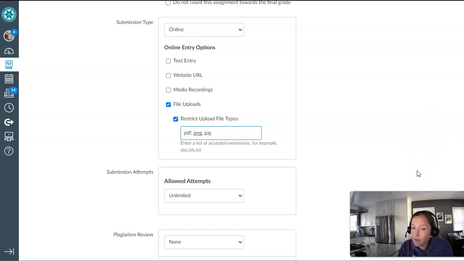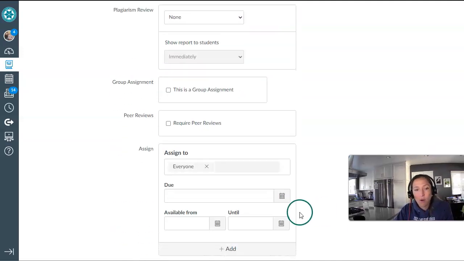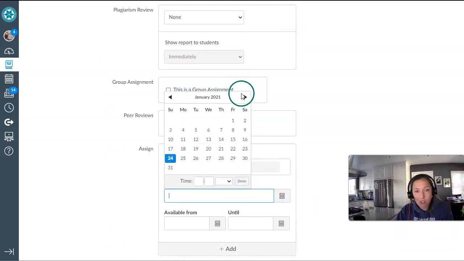If it's uploaded to Canvas, I can zoom in, I can rotate the image, I can see all of that and grade them without having to leave Canvas, without having to download anything, without clogging up my inbox. And it's tied to their name. So there's no, oh, I sent it, but it didn't get to you. It's very, very streamlined. And the nice thing is if you add a due date,